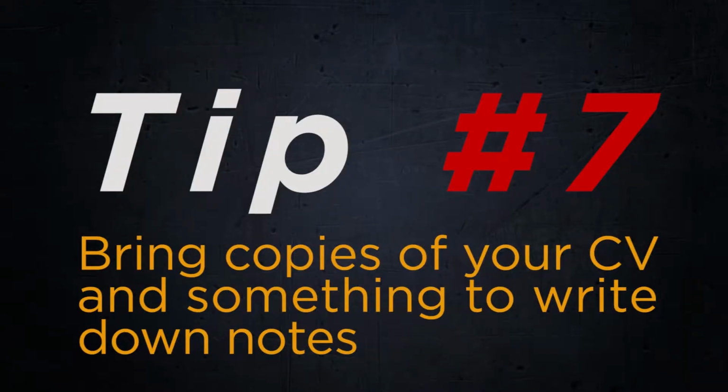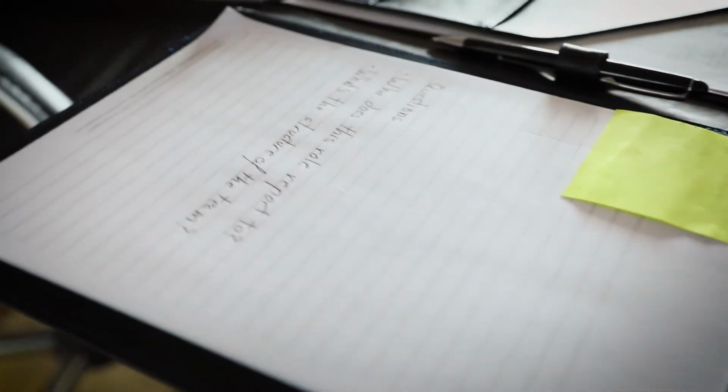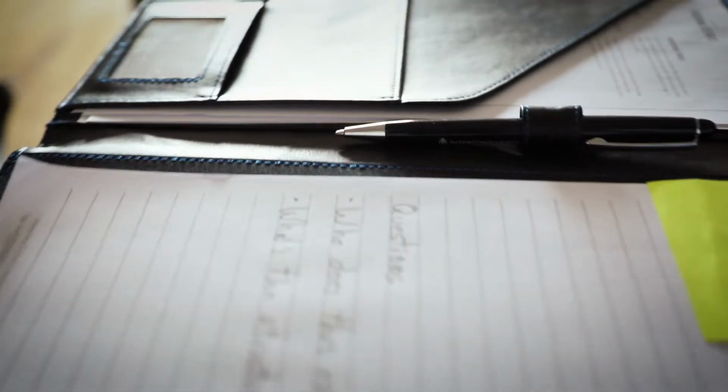Tip number 7, make sure you bring everything you need for the job interview. And what does that mean again? Well, the answer is very subjective in this case. In my case, I like to bring a folder like this that is leather, nondescript, quite formal. It has a notepad inside in case I want to write notes, a pen of course, and a couple of